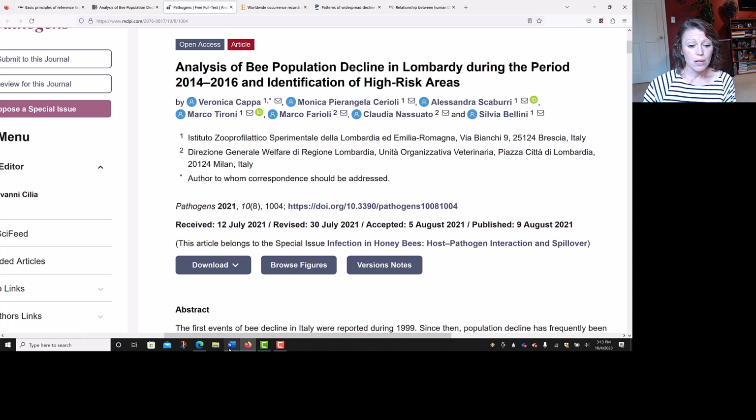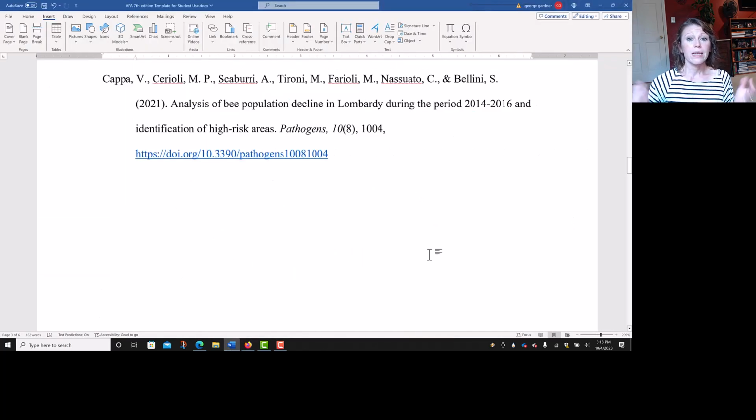If you wanted to see what this would look like, here is the completed reference entry. Notice that it is double spaced and it has a hanging indent, and there will be another video that will show you how to do that for a reference entries page. Here you have all of your authors, ending with Bellini, S period, then the date,